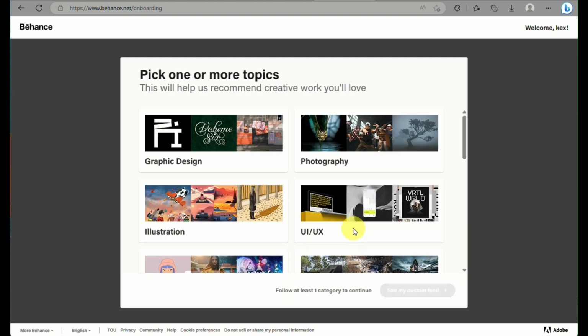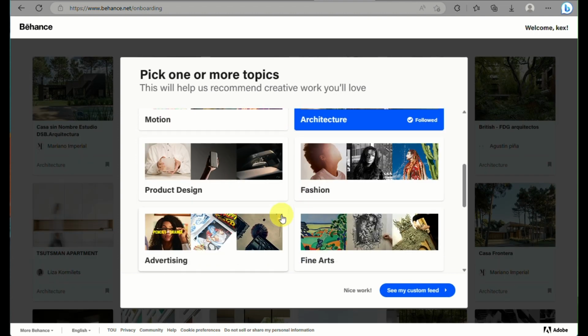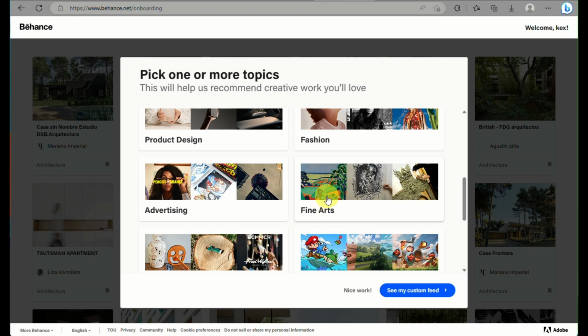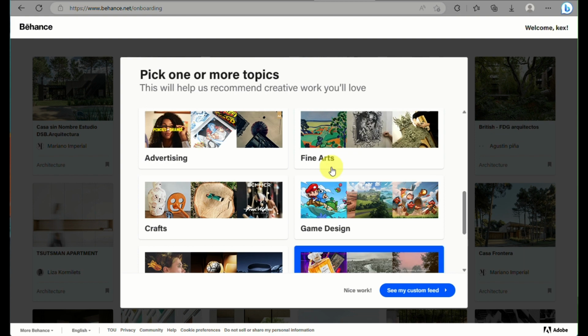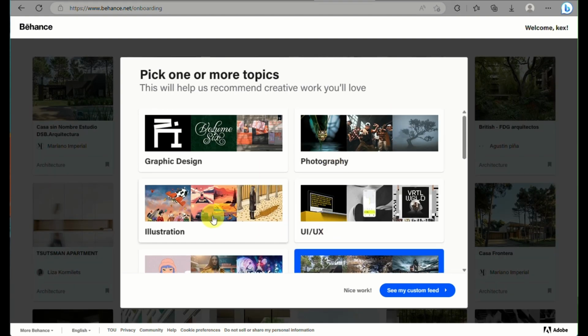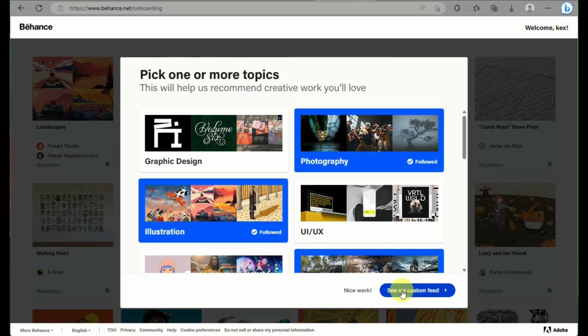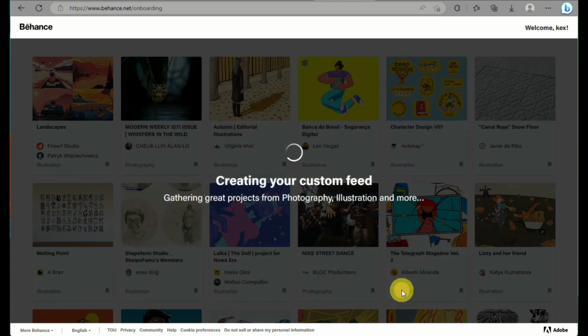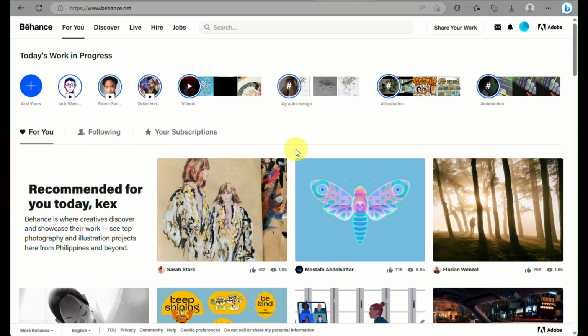So for you to begin, what you can do is sign in to your Behance account, and the first thing that they will ask you is for topics on what you love so that they will be able to suggest templates or other creatives that are in line with or have the same interests as you. So here you can click on continue, and then they will be loading up your feed